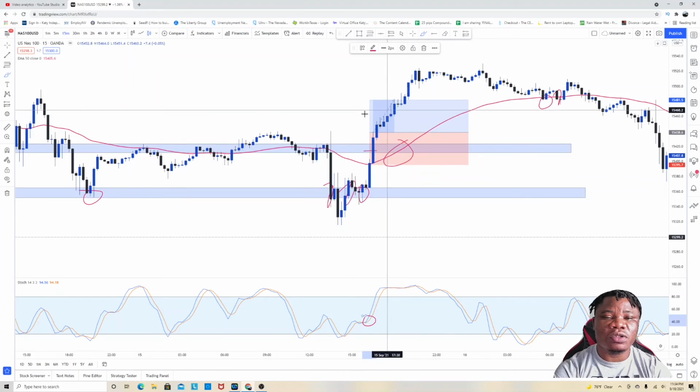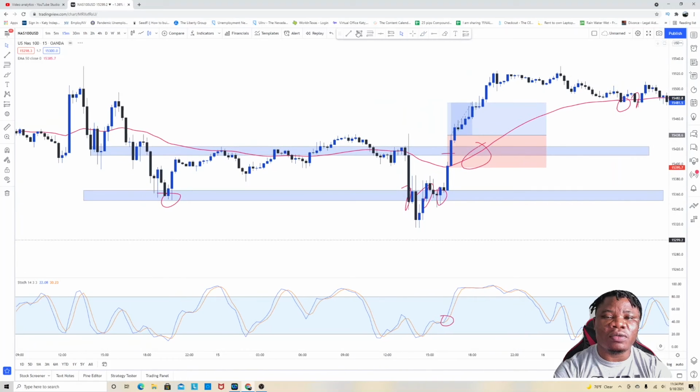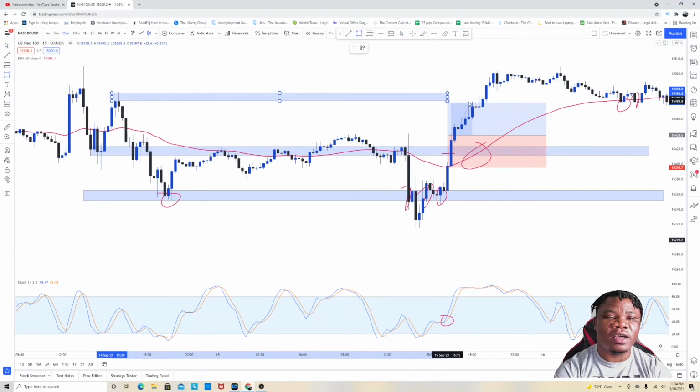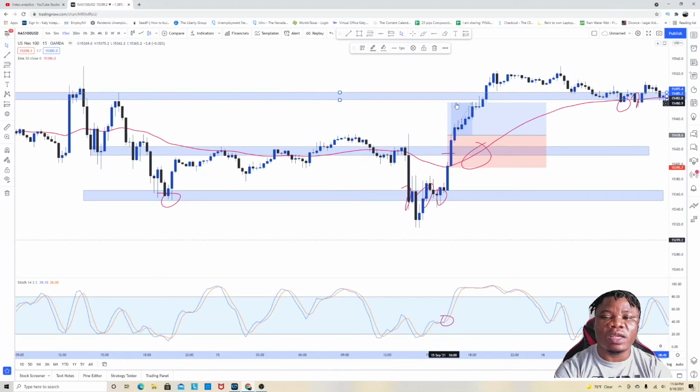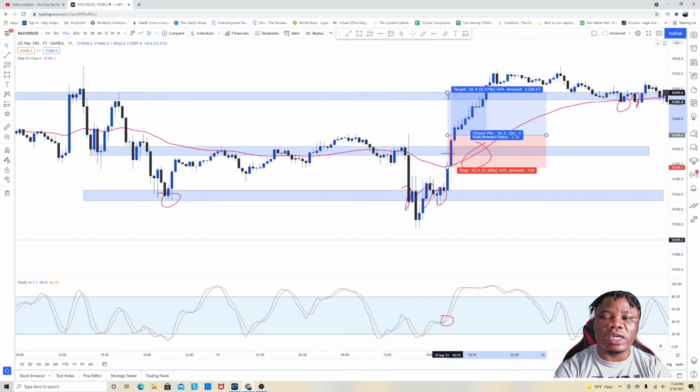So what do you do? You just get in the trade, and looking at this here, for me, I'll just target this next zone here, because like I always say, we're always trading from zone to zone. So my take profit target will be right over there, because whatever happens on the left hand side is bound to happen on the right hand side. Price has to fill up these candles right here on the right hand side. So you just target that zone, and if you target that zone, you would have won this trade,